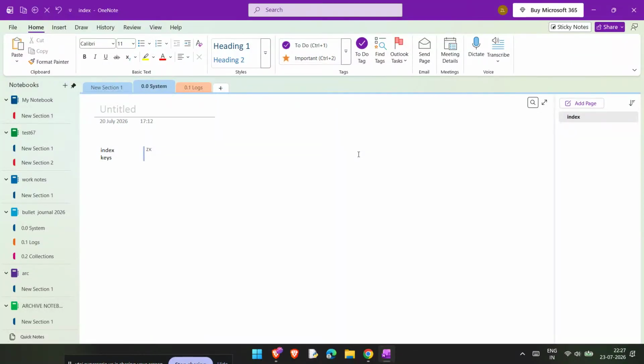If you're seeing the OneNote error that says this section isn't available yet, don't worry. In this video, I'll show you a few quick fixes that usually solve the problem fast, whether the issue is caused by a sync delay, a temporary connection problem, or a notebook that needs to be reopened properly. The good news is that your cloud data is safe, and in most cases, you do not need to rebuild